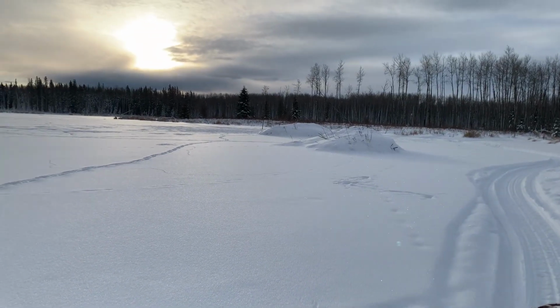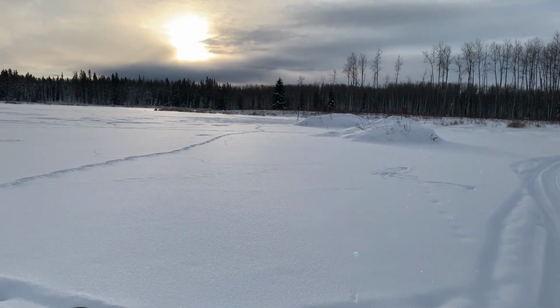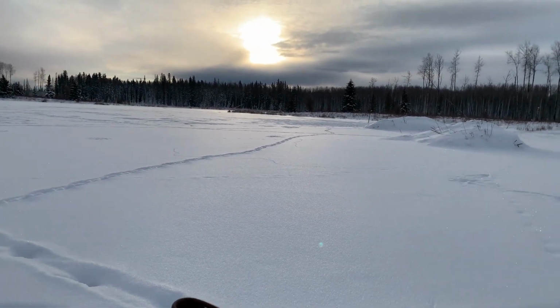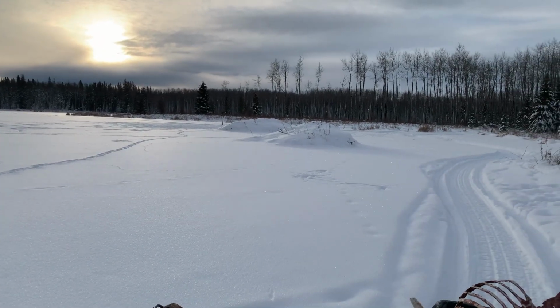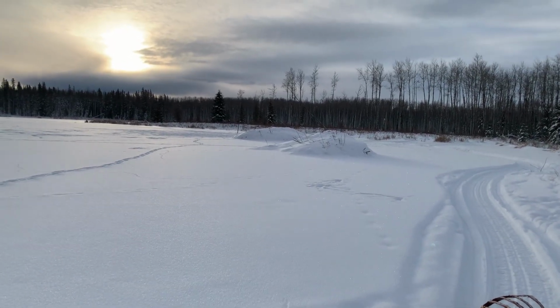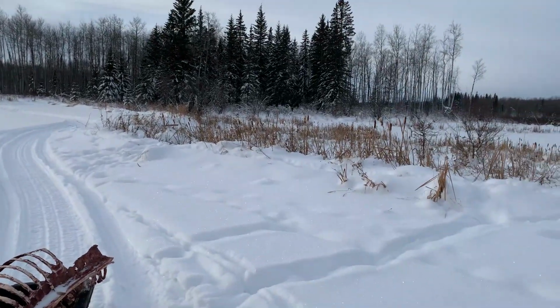Okay, you can see all that disturbance there, just kind of underneath the sun in the snow. That's the ravens playing around, and then a coyote and a couple other animals. I don't know what it is, deer or whatever. I've gone and checked that out. And there's a run that's kind of open. I think they're drinking out of that. And this is where